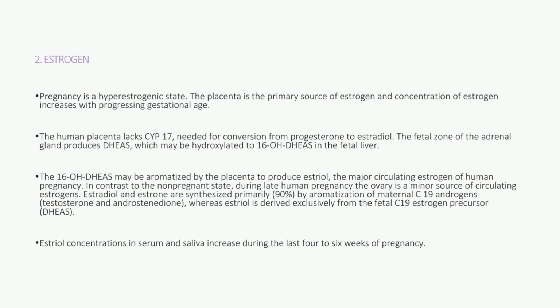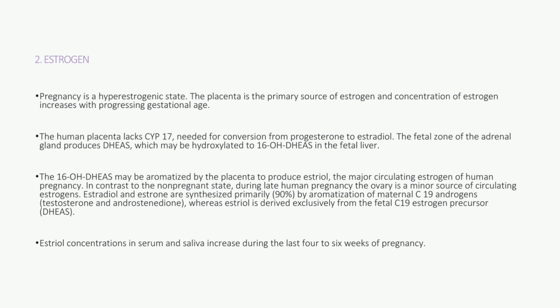The placenta is the primary source of estrogen, and the concentration of estrogen increases with the progressing gestational age. The human placenta lacks cytochrome P450 17, needed for the conversion from progesterone to estradiol. The fetal zone of the adrenal gland produces DHEAS, and it is hydroxylated into 16-OH, that is 16-hydroxy DHEAS, in the fetal liver. This 16-hydroxy DHEAS may be aromatized by the placenta to produce estriol, which is the major circulating estrogen